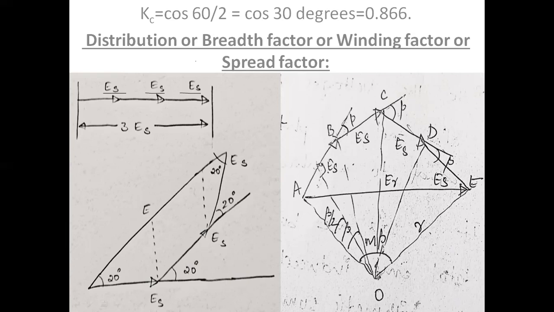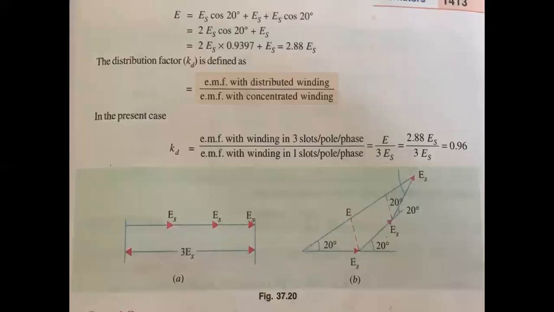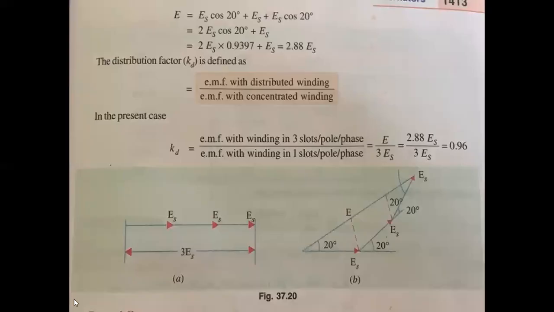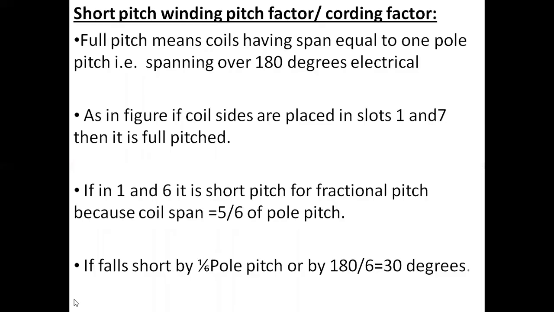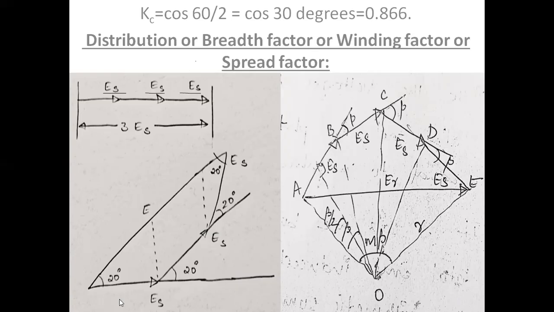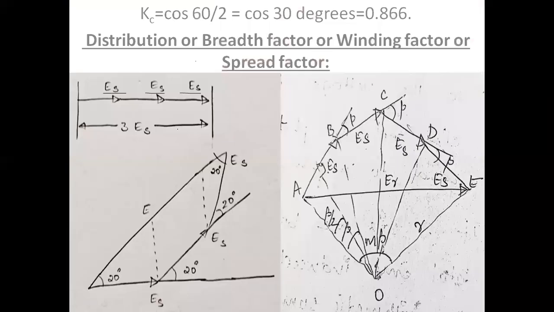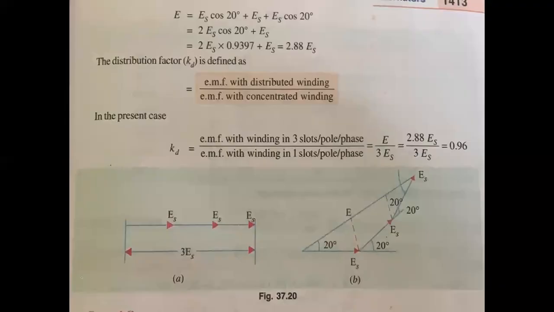The total induced EMF in the coil will be 2Es. Now, if it is short pitched by 30 degrees,